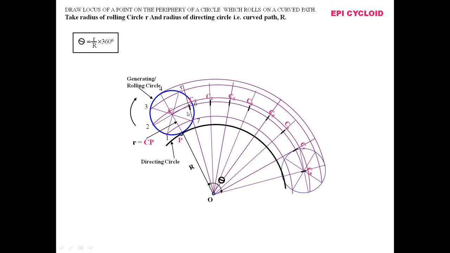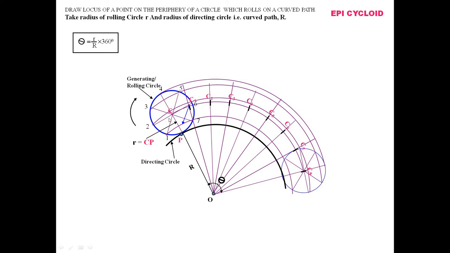How will you locate this? We will take the center C1 and radius equal to this small r, and cut an arc on this arc. That will cut a point on this arc, so that will be the point. Then next, taking C2 as a center and radius small r, we will draw an arc which cuts the arc drawn from the point 2.